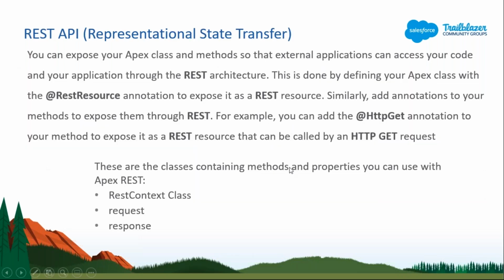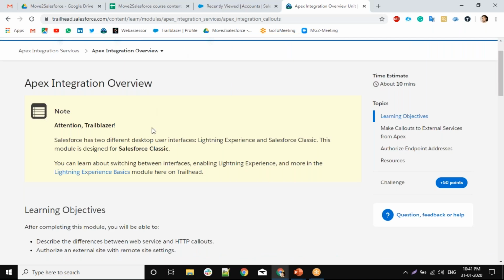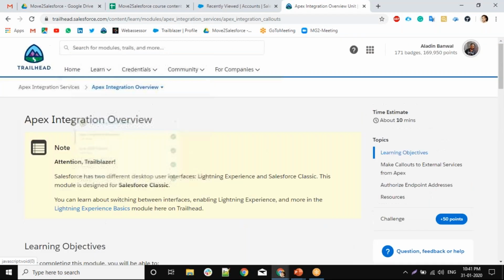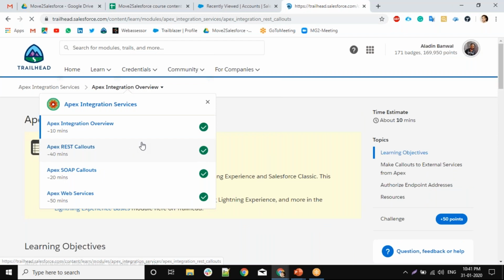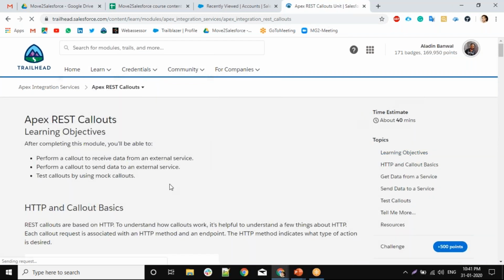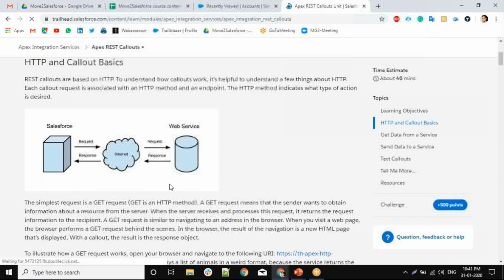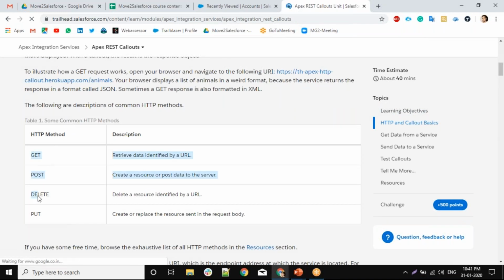REST API means representational state transfer API. It will use things like HTTP GET and POST, and it will give you the REST context class and request and response classes. Here you can see the overview of integration, and this is the RESTful API.